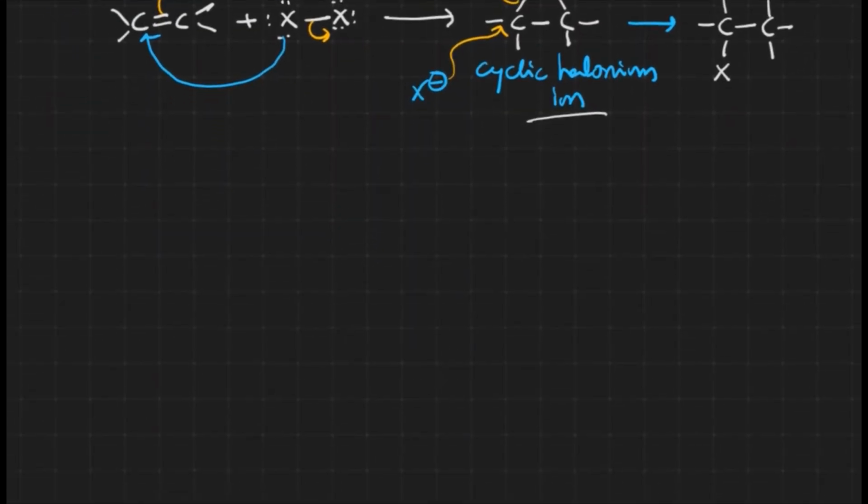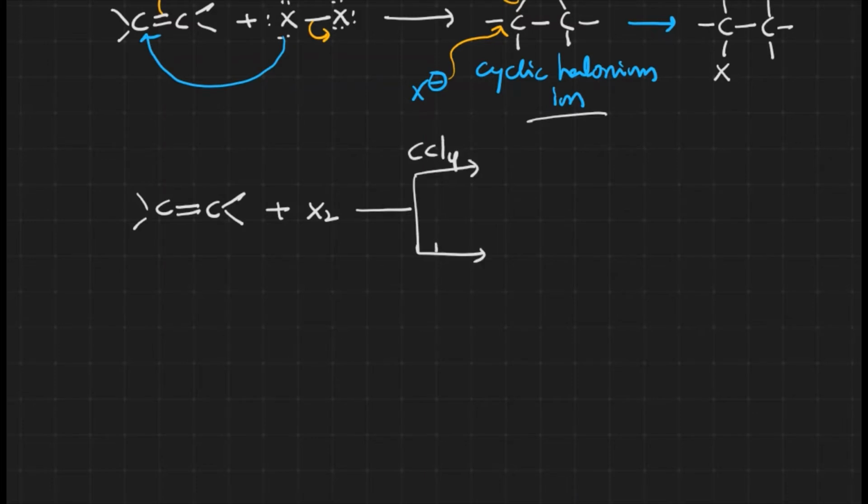Now let us see another example. Let us take a normal alkene with X2. We'll take two possibilities in a normal non-polar solvent, and also in sodium hydroxide. In the case of the first one, we have only X2. Electrophile and nucleophile will be generated from this itself, and formation of the normal trans product takes place.